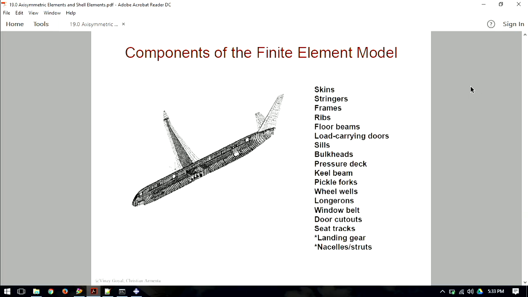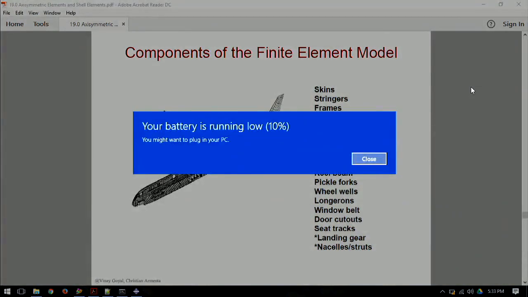So overall, all this that you see here is basically what constitutes an aircraft. Each of the things you see here can be represented with a particular element type. So skins, just like Vinay was talking about, that would be your quad elements, your plate elements. Stringers, you would either use rod elements, which are bar elements in Abaqus, or if you really care about the bending, you'd model them as beams. It really depends on what kind of load you expect that member to take. So I would use a rod for that, since I just care about the axial load that's going through there. Frames, you probably use plate elements, ribs are plates. Most of it's going to be plates, with the exception of the,